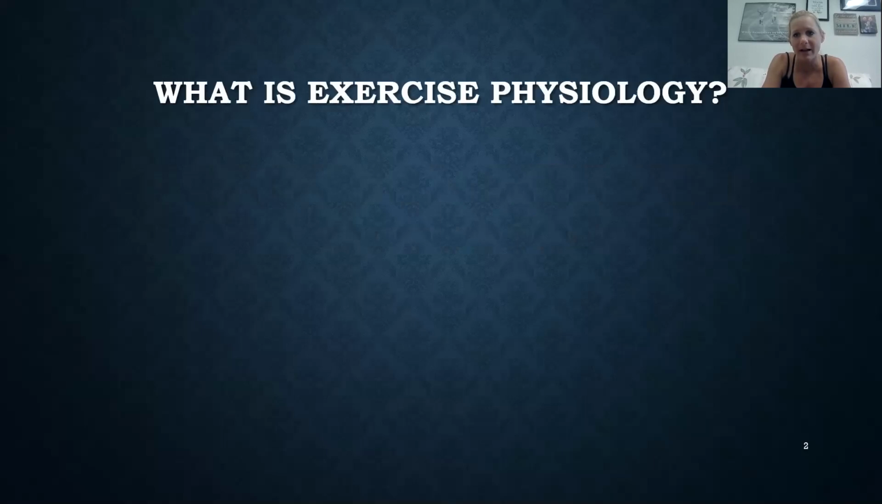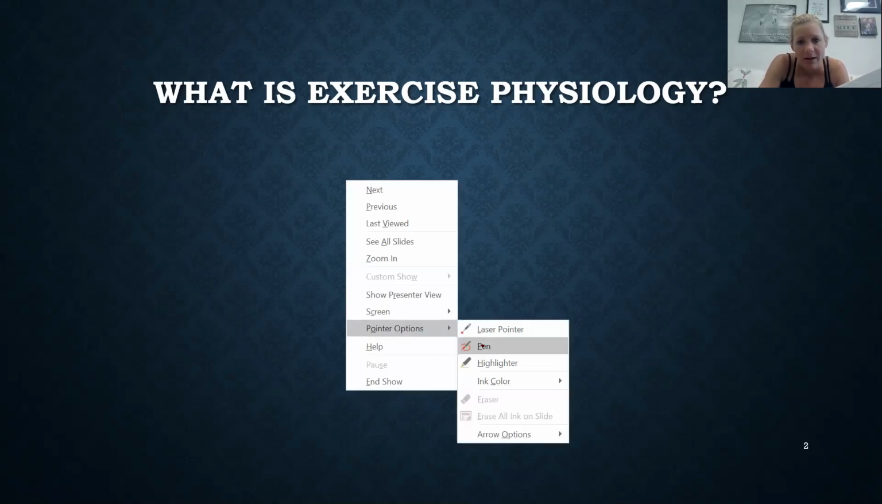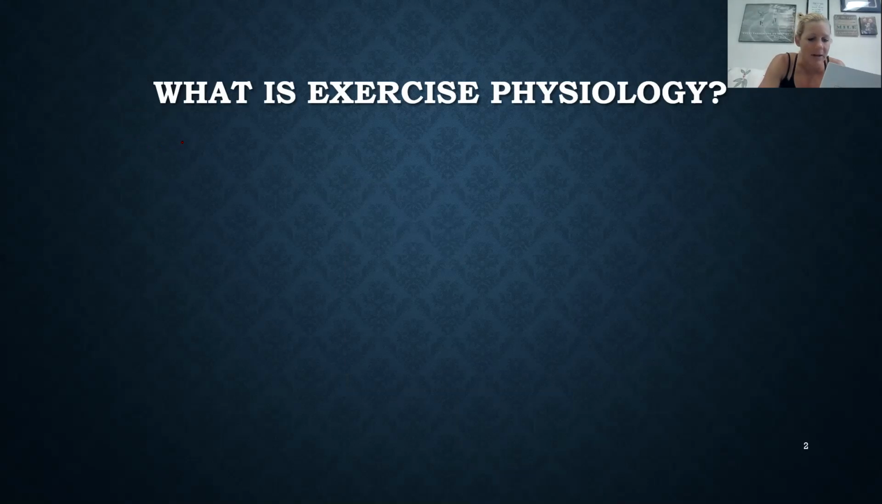So let's start out by understanding what exercise physiology is. Exercise physiology is essentially how the body works as it relates to exercise, and there are a couple of different branches associated with this. So there's acute exercise